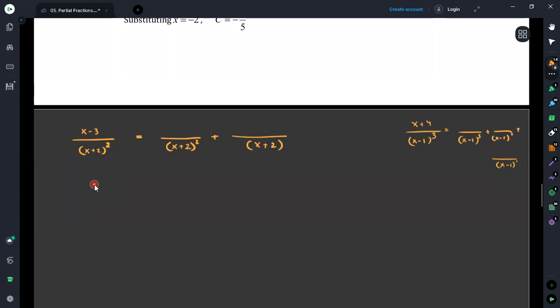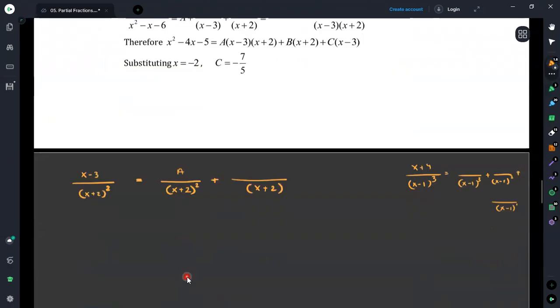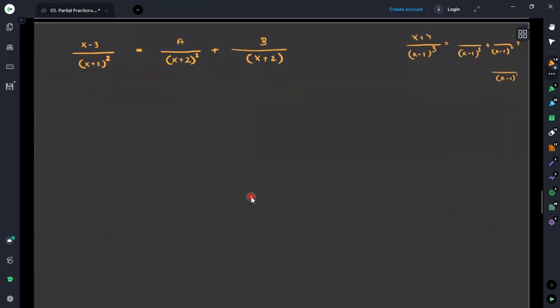Therefore, what we are doing here is, we are having a linear factor. Even though it is repeated, it is a linear factor. Therefore, we have to use a constant term here. Here we can say it is a constant, and then here also it is again a linear factor having a constant here. Now, using the same concept,